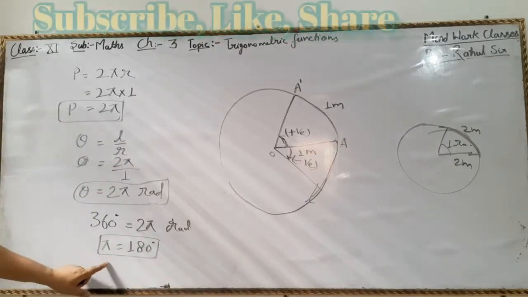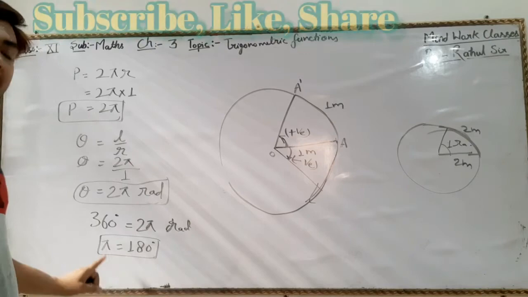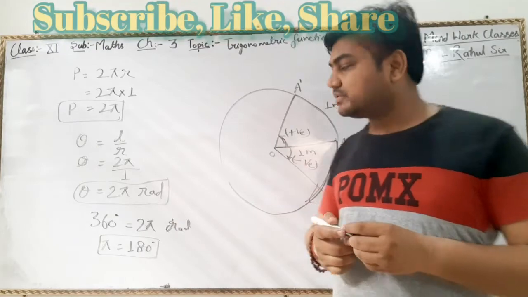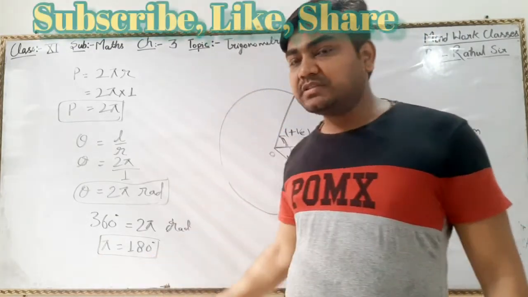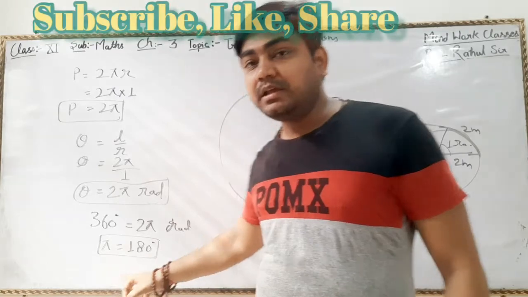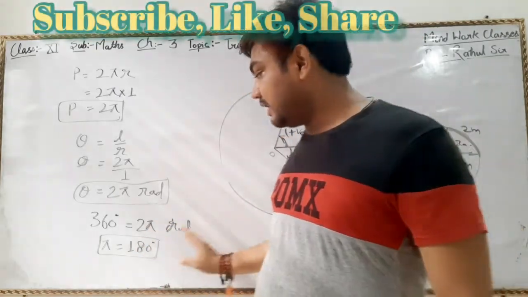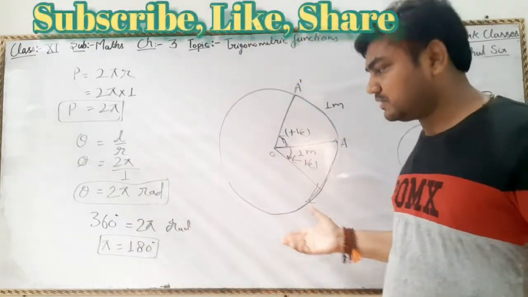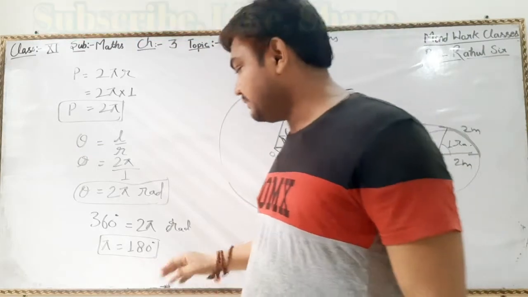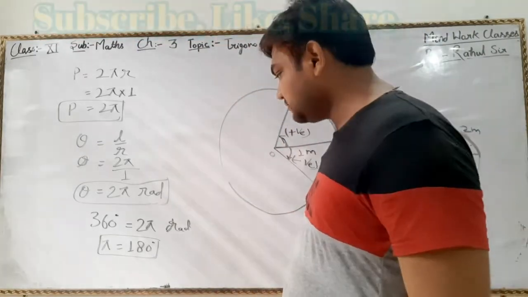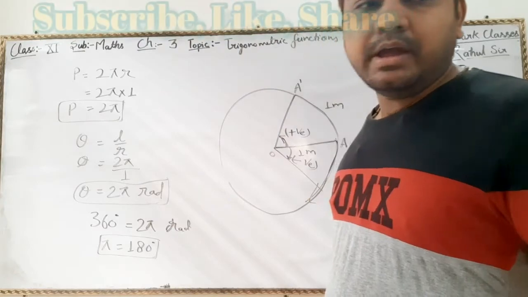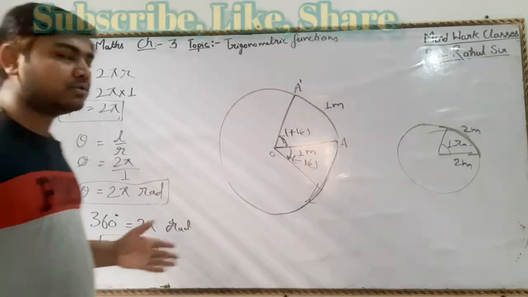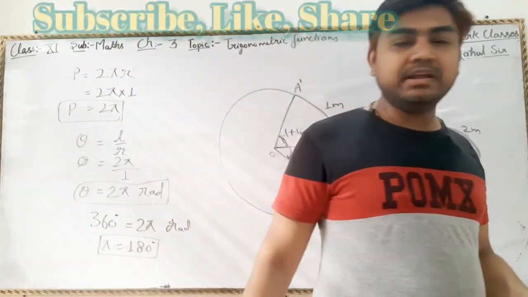Please understand that here this pi represents an angle, not a numerical value like 3.14. This does not represent 3.14. This represents pi as an angle. For angle, pi is equal to 180 degree, as we also know from the previous class. So pi is equal to 180 degree, and from this we can convert radian measure to degree measure and degree measure to radian measure.